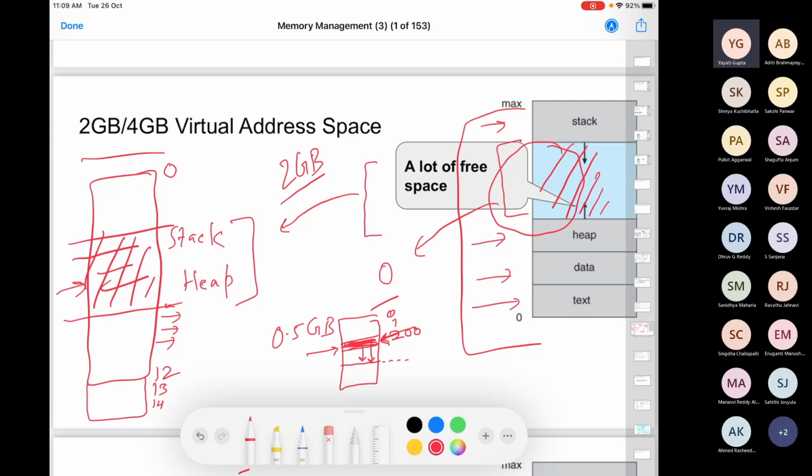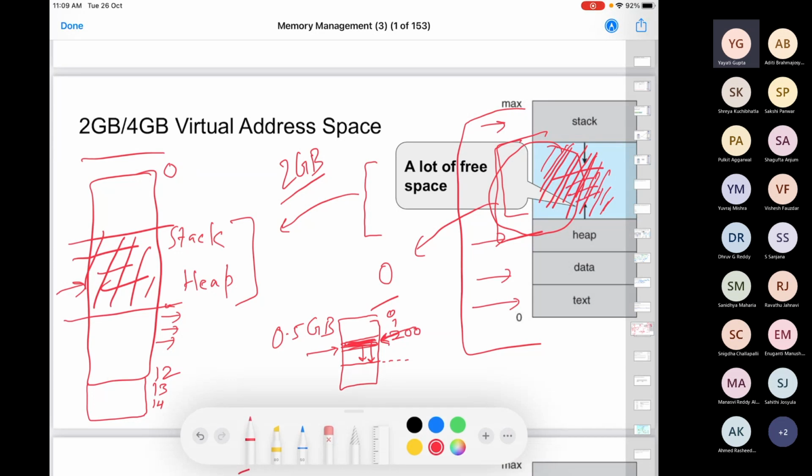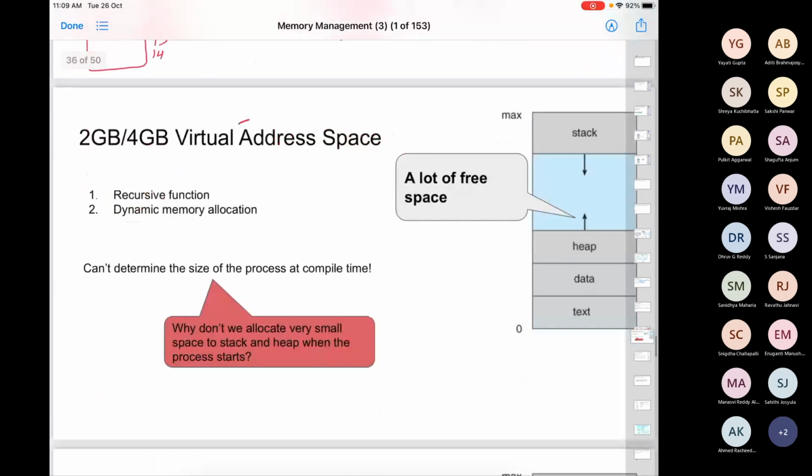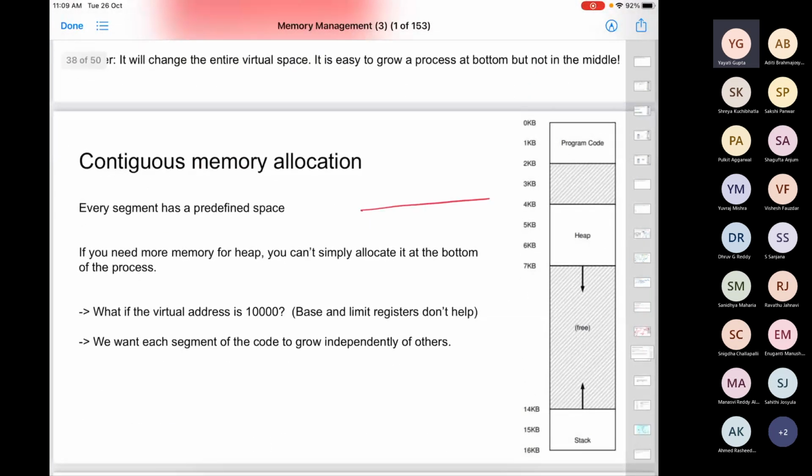So generally, we give some pre-allocated space for stack and heap so that the process can easily grow when required, and you won't need to actually grow it during the execution time. So before your process starts executing, there is quite a big portion for your stack and heap, which the process can utilize during its execution time. It may or may not utilize it, but if it wants to, there is this much free space available for this process, right?